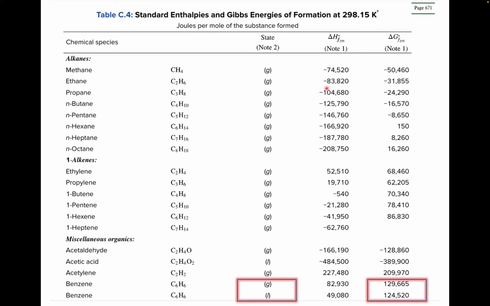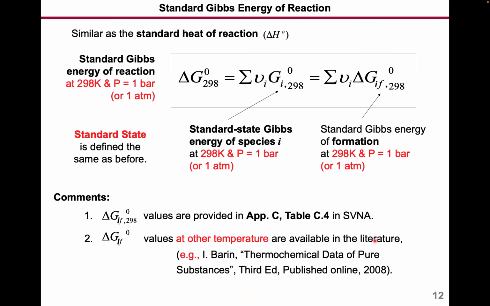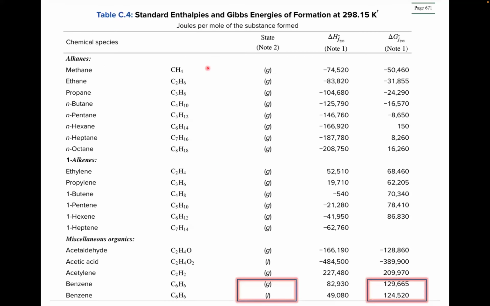For different species, you have different Gibbs energies of formation, right? Here, again, pay attention to the state of your species. If it's a gas state, benzene, let's say, then your Gibbs energy of formation is slightly higher than the liquid state. So you need to pay attention every time you look these values up. You need to look at whether it's gas state or liquid state, and then find the corresponding values, and then plug into the equation to calculate the final Gibbs energy of reaction. Okay. All right, so that's